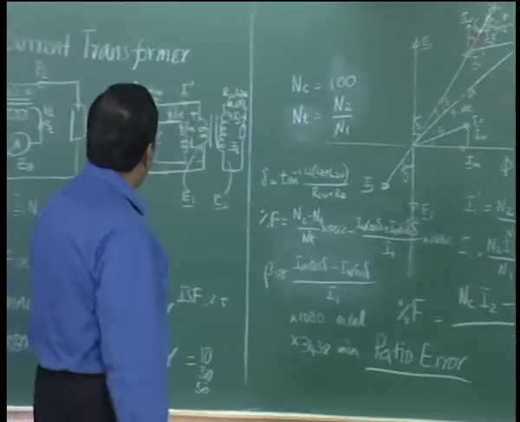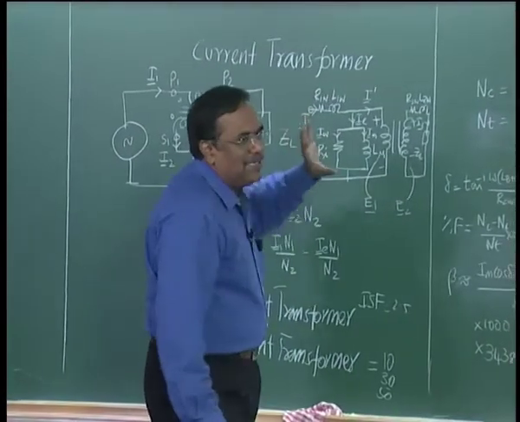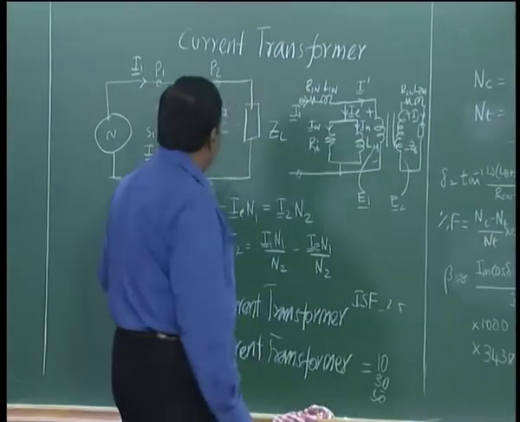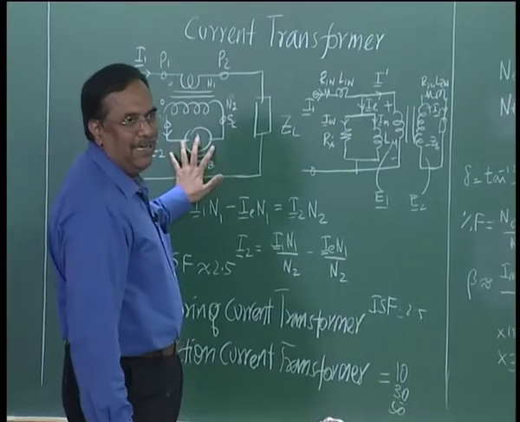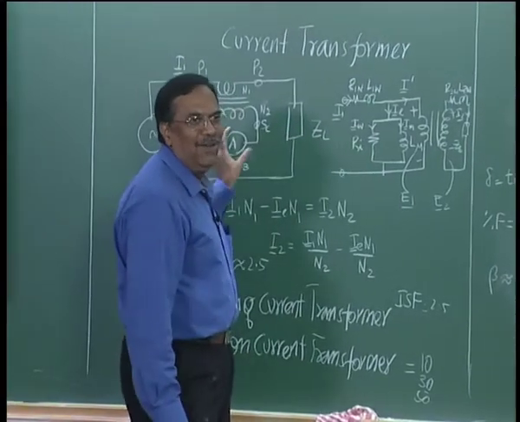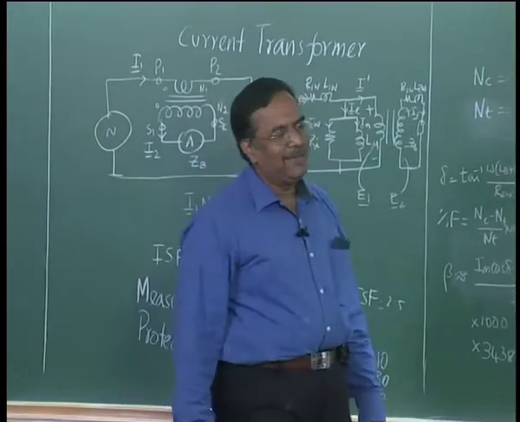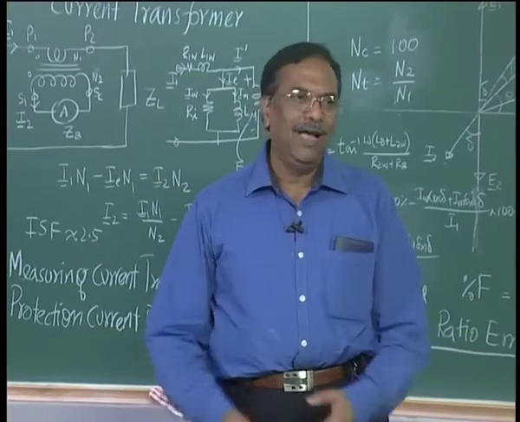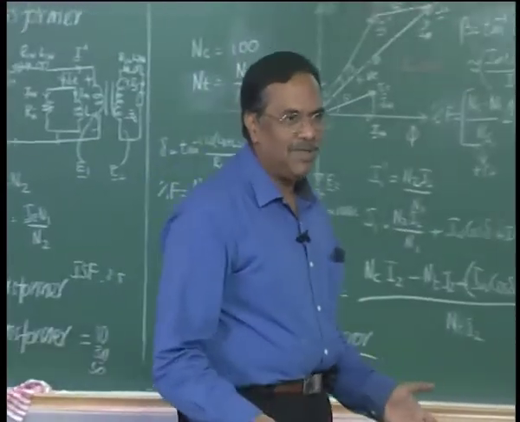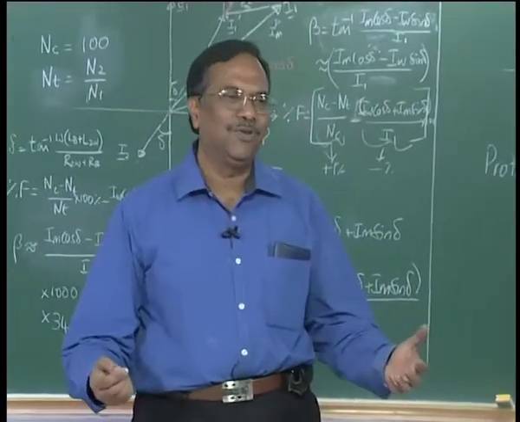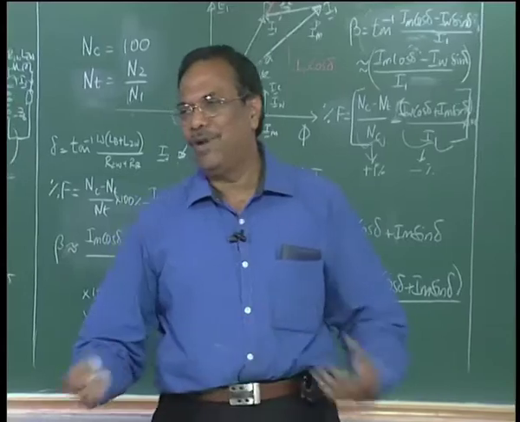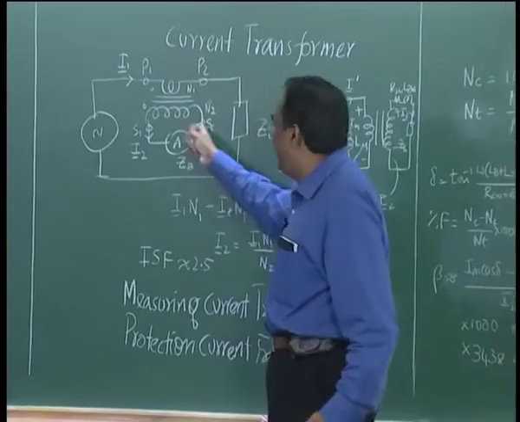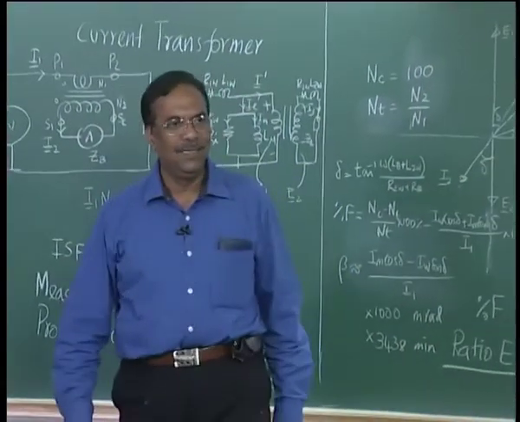right. Now, the current transformer, when I use it for measurement, I can put an ammeter, I can also put a digital ammeter, I can also put a data acquisition system, right. On the secondary side of the current transformer, I can simply put a moving iron ammeter of 1 ampere, right, or I can put a digital RMS meter of 1 ampere. 1 ampere is not possible, normally we have a 2 ampere full scale. So, I can put a 2 ampere full scale, and I can also put a data acquisition system. So, the burden depends upon what I put, right.